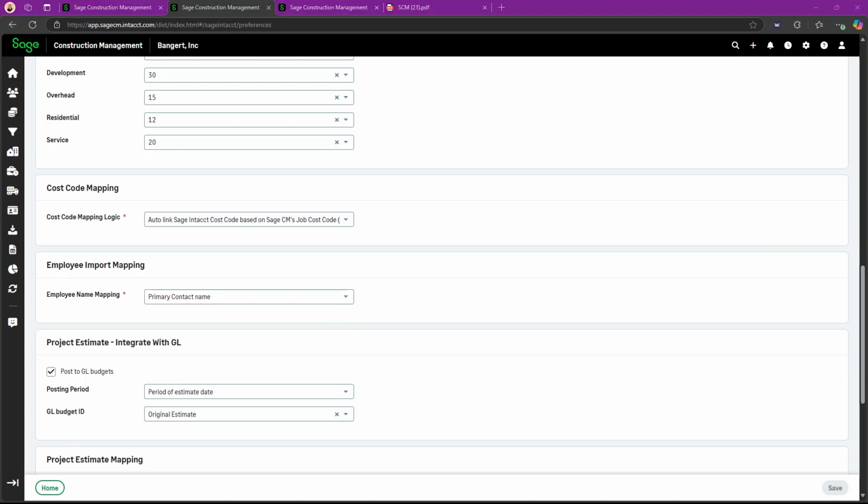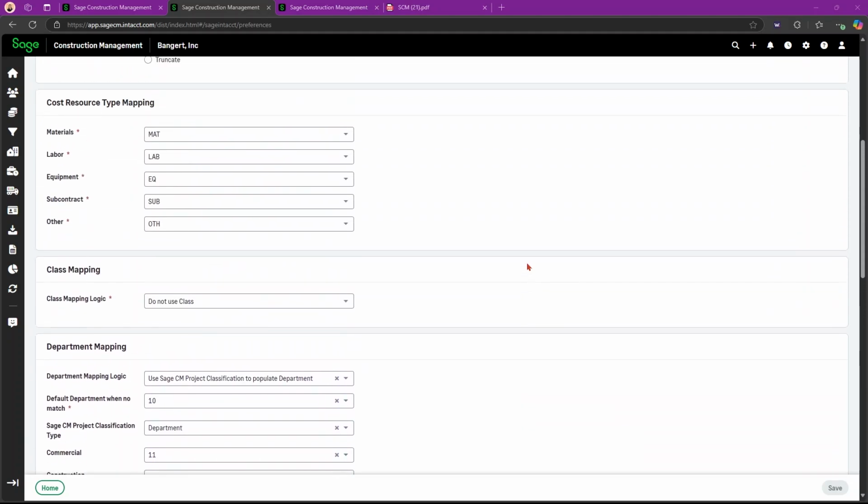So there's also tax code linking. When you're exporting bills, sub-invoices, or prime invoices, SCM now verifies the tax codes are linked to an Intacct tax item or tax schedule. If there's no link found, an error message appears. There's also customer and project title updates. When you're updating estimates or contacts via the accounting link for Intacct, the system now checks for any changes in the project title or customer in SCM's Prime contract.